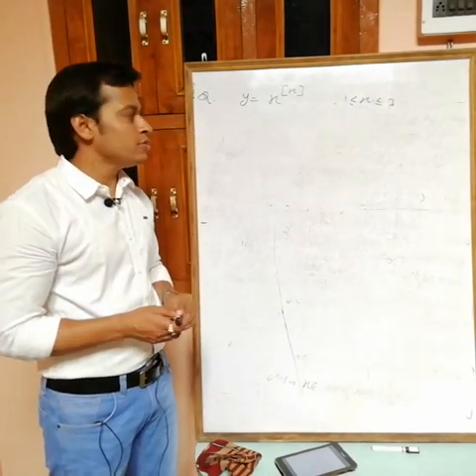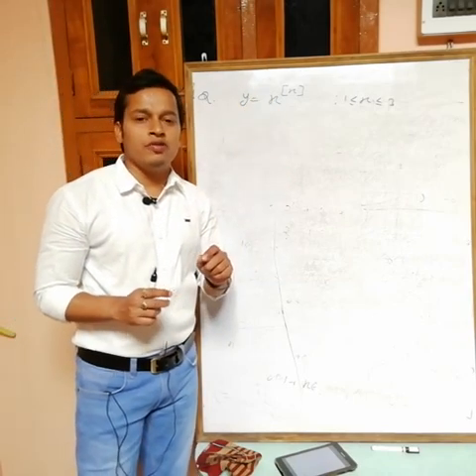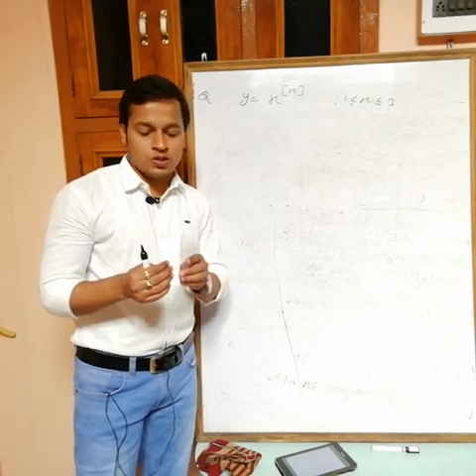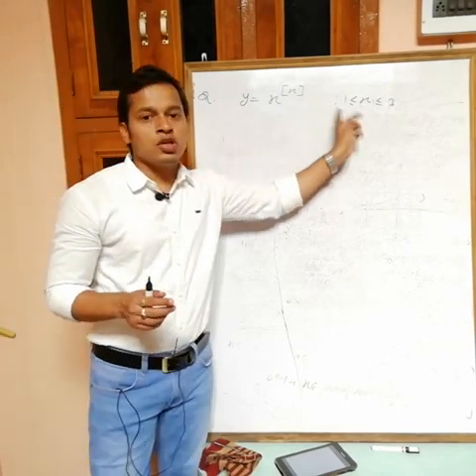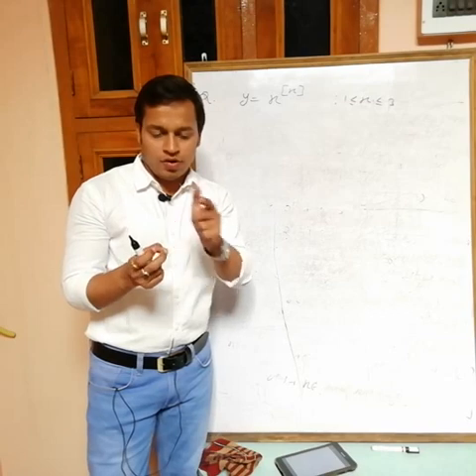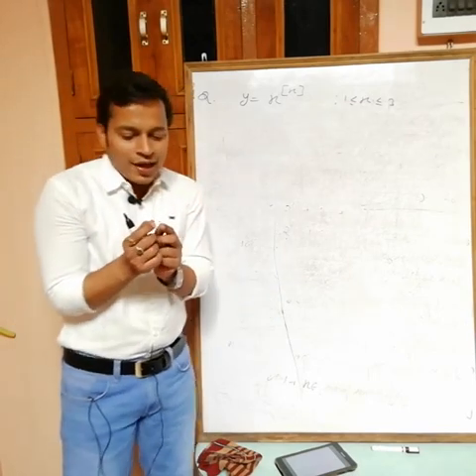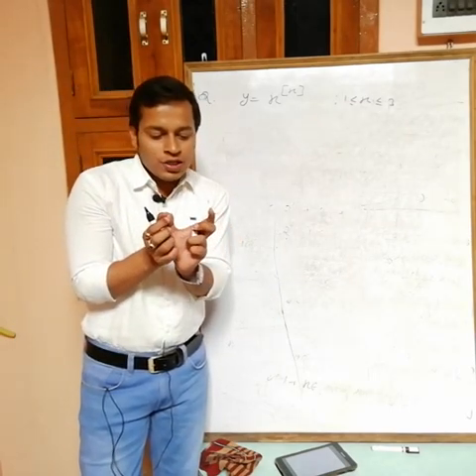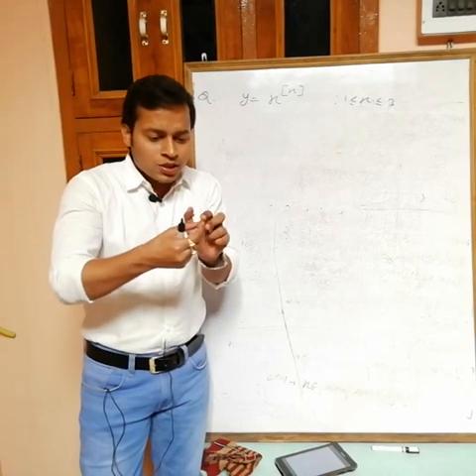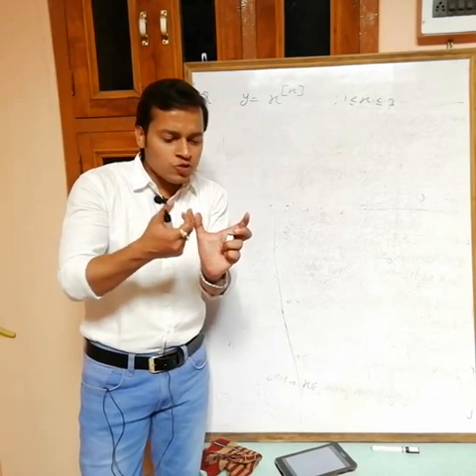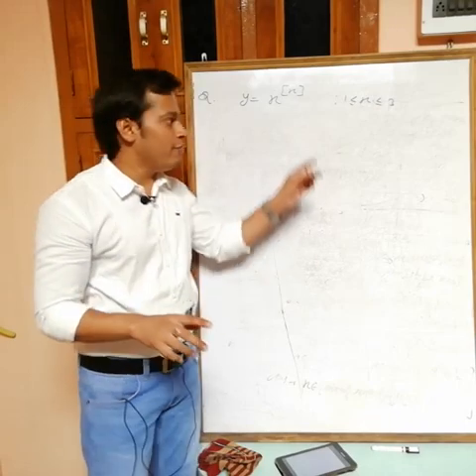Actually, if you take all values, then you will get infinite options, because every time we have a greatest integer in the question, I have to divide from one integer to just the next integer. Like suppose if x can take 0 to 10, then 0 to 1 separate, then 1 to 2, then 2 to 3, then 3 to 4. Why do we have to divide in this way? Because if x lies from 0 to 1, then for all values from 0 to 1, the greatest integer of x is 0. Then from 1 to 2, for all values of x from 1 to 2, the greatest integer of x is 1. Because of that reason, I have to divide in this way.